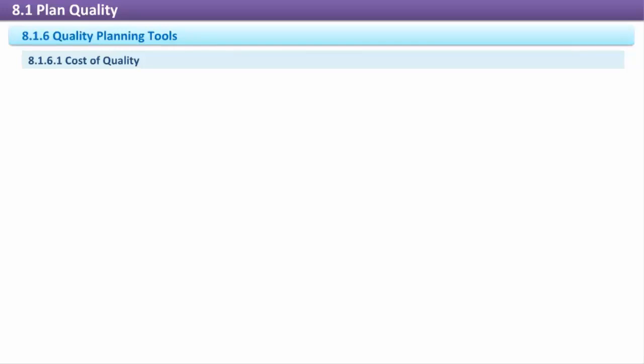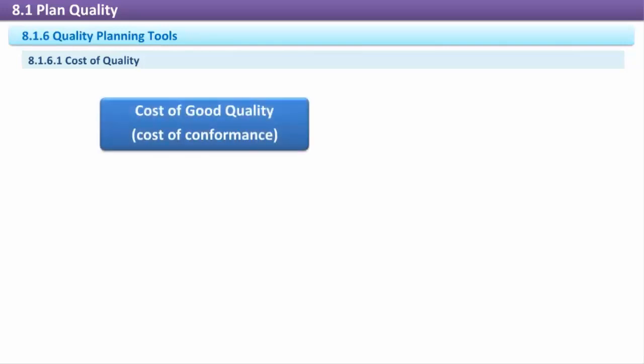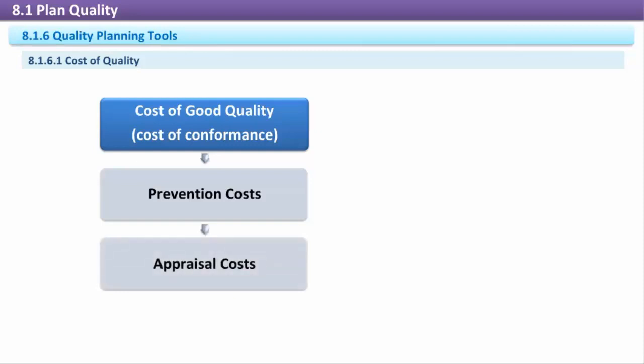The cost of quality has two main components: the cost of conforming to quality requirements and the cost of not conforming to quality requirements. Cost of good quality, cost of conformance. Prevention costs: quality management activities, such as training, process documentation, and checklist development. Appraisal costs: